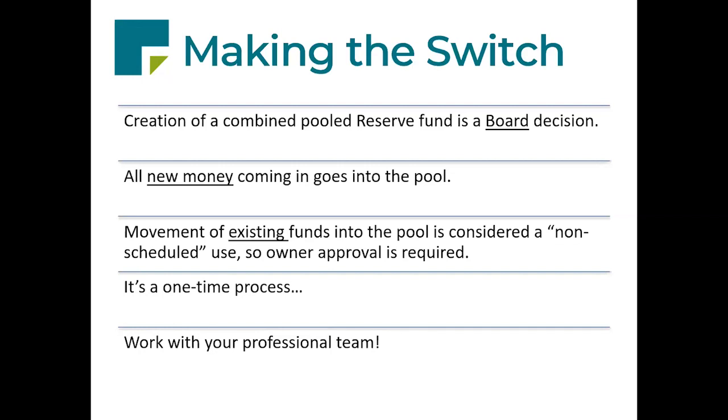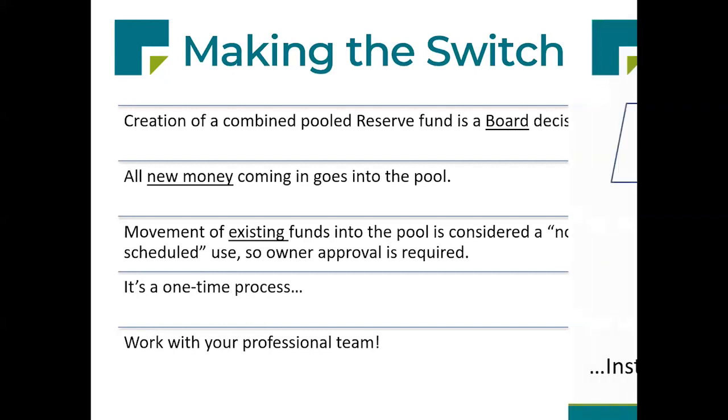Good news is that this is a one-time process. You do not have to do it every year when you adopt your budget. Once you switch to pooled reserves, it's done. If you're nervous about that process, if you want to get some third-party guidance, I definitely think it's a good idea to work with your CPA. Maybe you talk to your attorney. If you have a reserve study provider, they can certainly help you. Make sure you go through the process correctly. But once you've done that, I think you will enjoy that pooled reserves is much more advantageous than straight line.